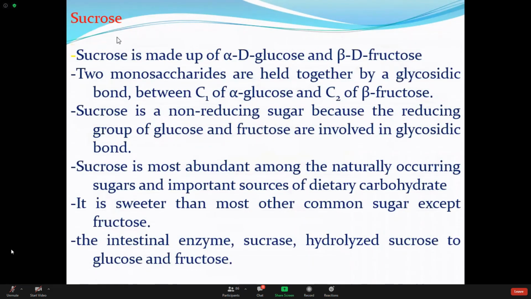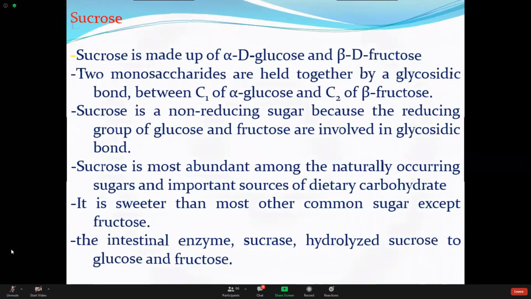Okay, so now come to sucrose. Sucrose is made by 1 molecule of glucose and 1 molecule of fructose. Here the bond is between carbon number 1 of glucose and carbon number 2 of fructose. I have not shown you the diagram actually, but just have a look. So what type of glycosidic bond is this? Carbon number 1 with carbon number 2, so it should be the 1,2 variety.